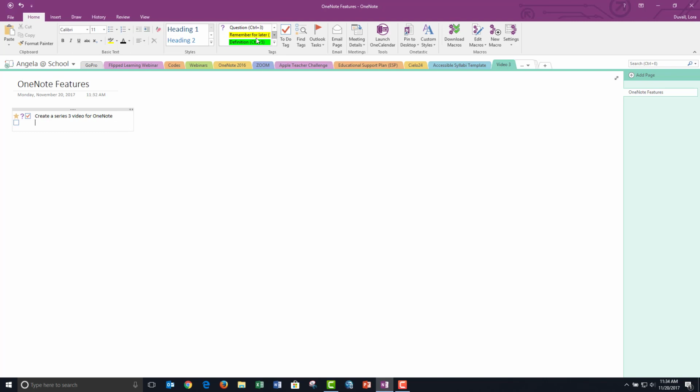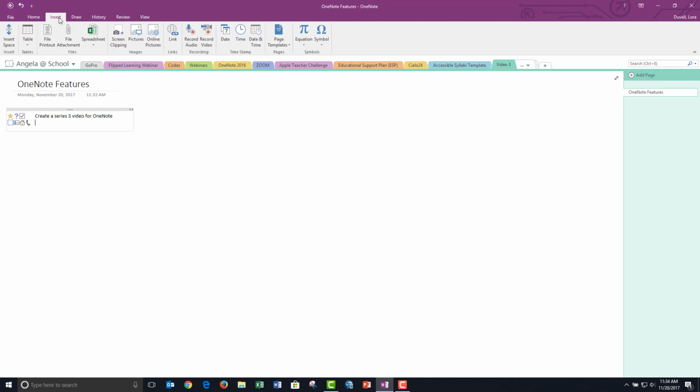There are other features in here. You can highlight things to remember for later. You can change colors of the highlights for definitions. You can add contacts, and it does put a nice little icon in there that looks like a business card with a person on it. You can insert addresses, phone numbers. I would highly encourage you to get in OneNote, begin creating and exploring all of the features that you can utilize on the Home tab. And with that being said, we will move over to the Insert tab.